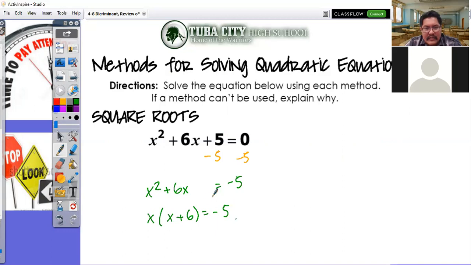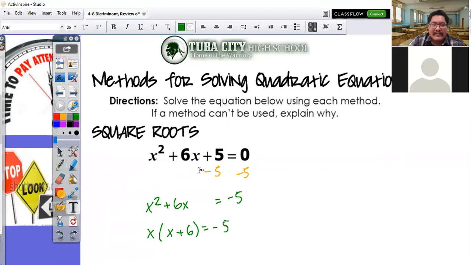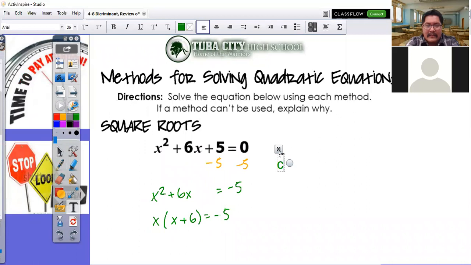Now, in order to use the square roots method, we would have to square this, like we'd have to have something like that. And then we'd have to take the root of both sides. But since I factored it, we no longer have an x squared. And that kind of drives them, again, this is not a wrong way, but it's not square roots. So in this case here,